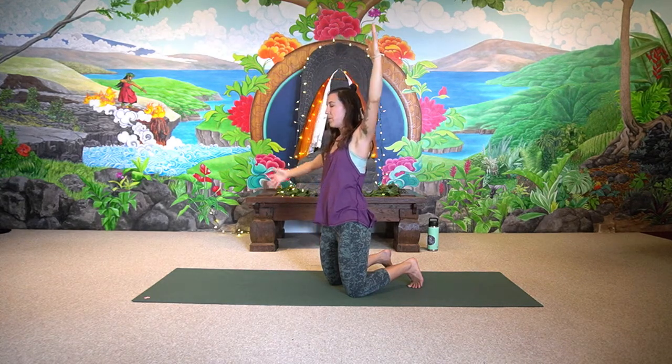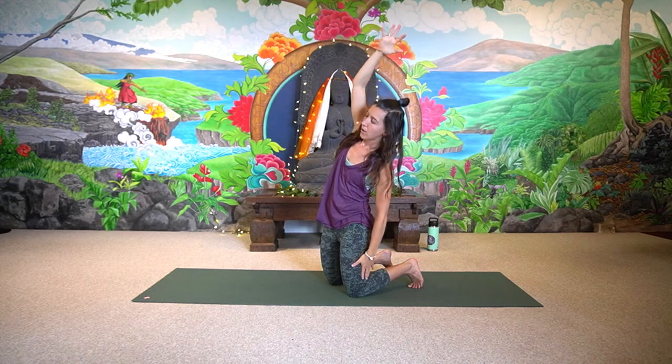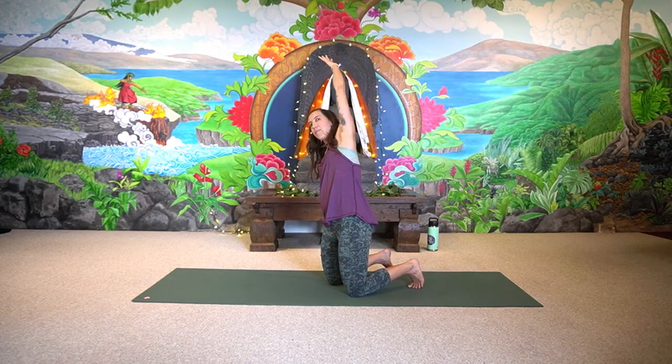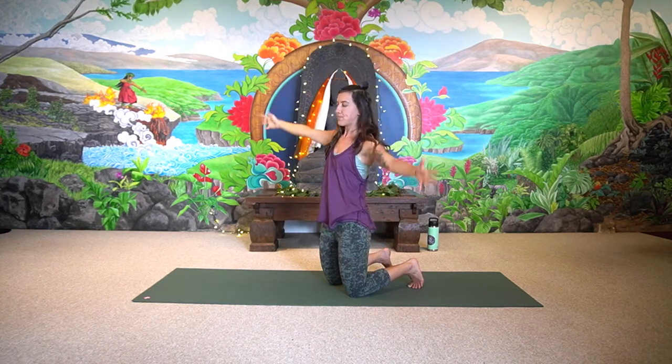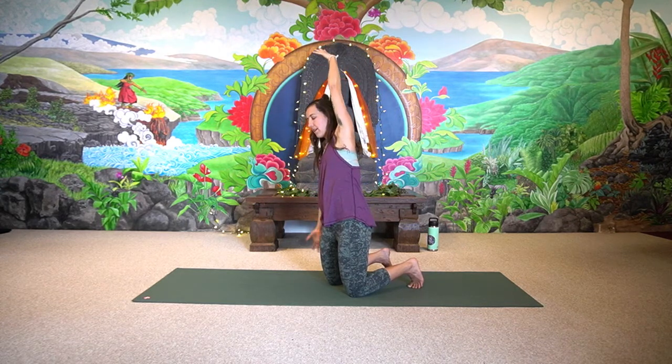We'll do this a couple more times on each side and really try to feel a sense of the top side of the body being connected all the way down to the knee. Sometimes we just move from the ribs and they disassociate from the core. We really want everything to feel connected. And then come